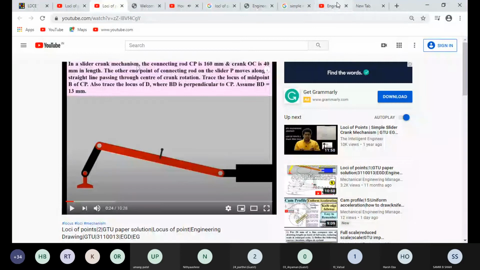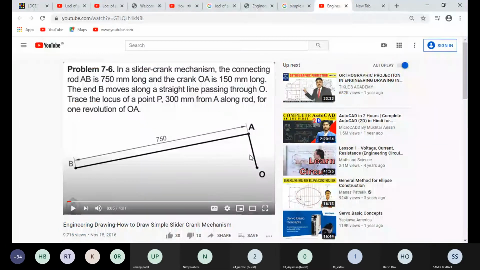Before showing you the problem, I just want to say that suppose this is one kind of data given to you. Now, how to read the data and how to draw the figure. This is the figure that we draw from the data. I just read the data, so it's very clear for all of you.